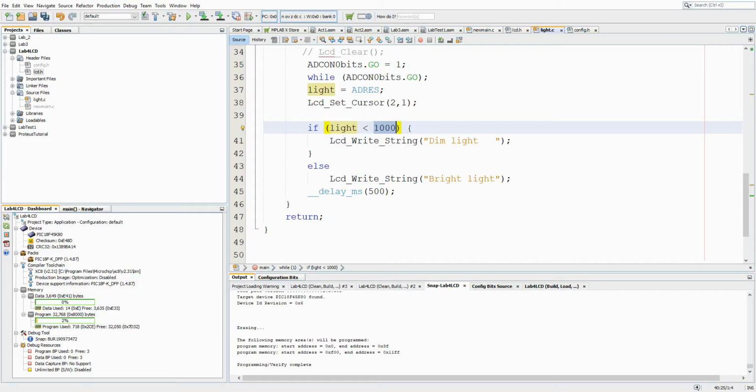So you can do something like that. In this activity, I have just set the threshold manually. So if the light is less than 1000, that means this 1000 is of course greater than 8 bits, so it's copied from both the registers together. So if it is less than 1000, then